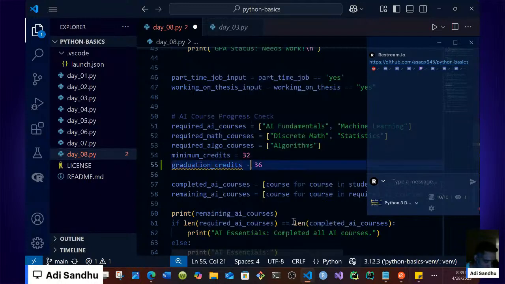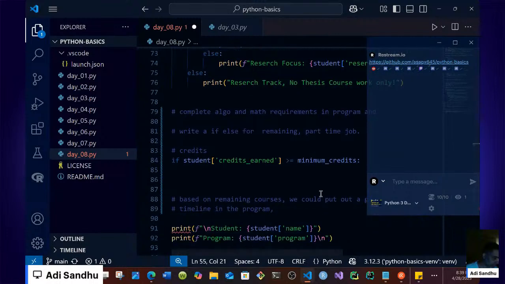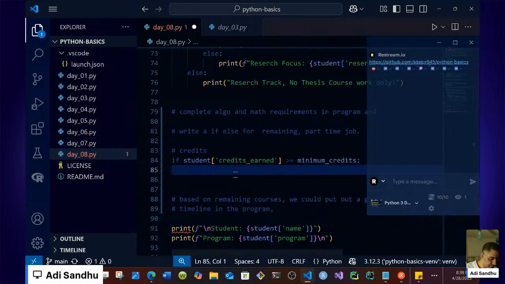Oh, because it's not an equal to. Okay. So if this is this, then we can do